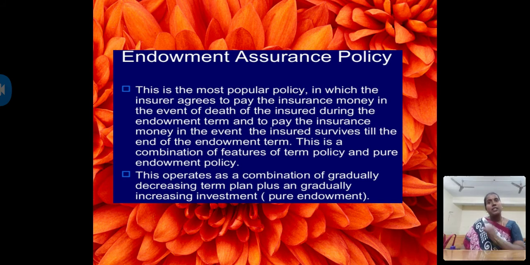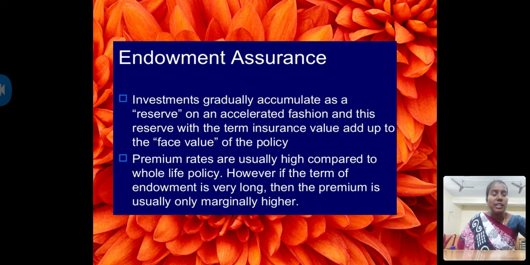What is the meaning of this? Any event occurs to you, it is paying the amount. It may pay the amount after your retirement. It may pay the amount after the maturity of the policy, or it also pays the amount when you are in demand of money. When you expire also the money is paid, and before you die also, means if you are alive also the amount is paid under this policy.